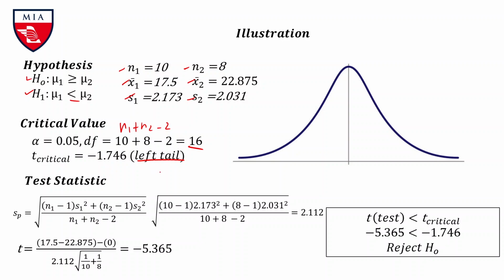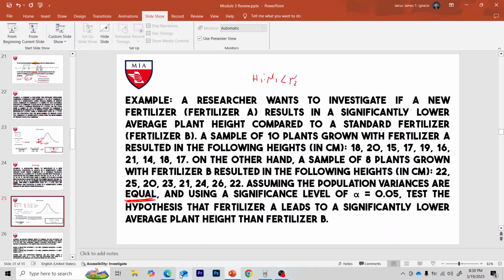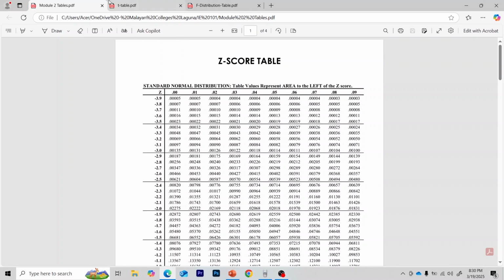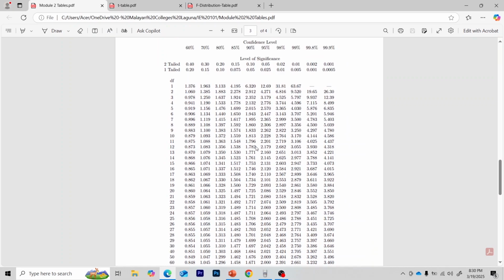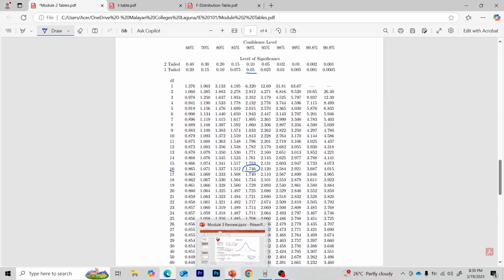Let's look at the t distribution table to verify this. So let's go to the t table. One-tailed test, our DF is 16, and alpha is 0.05. Therefore, we have 1.746. So this is a left tail test,